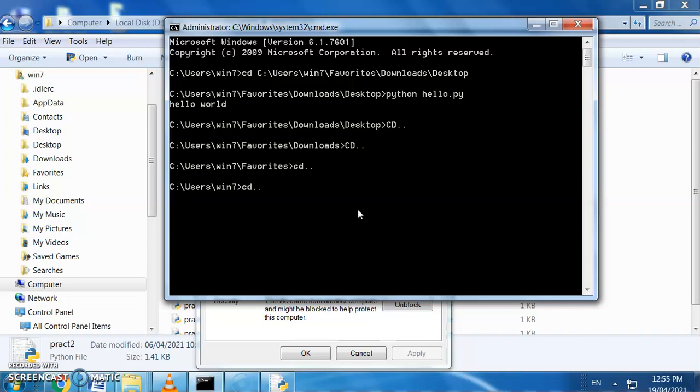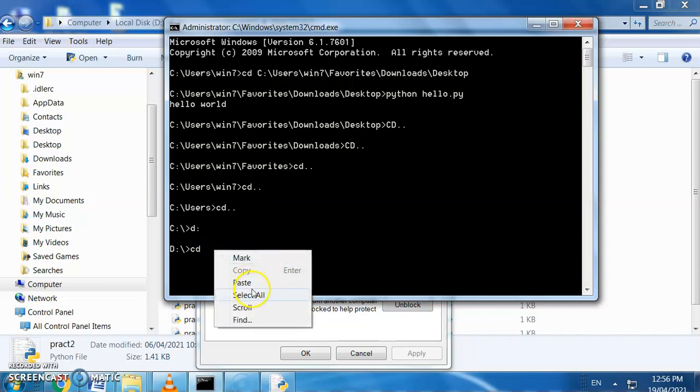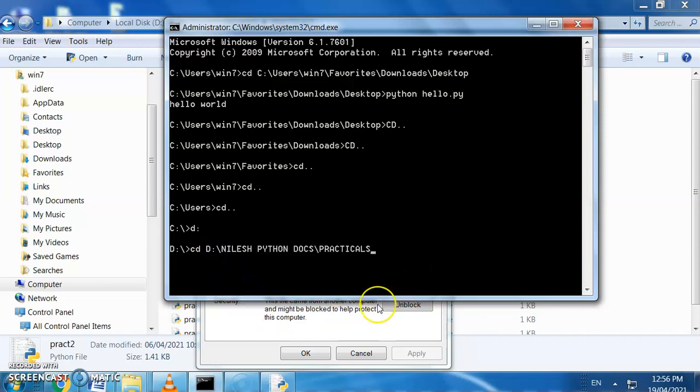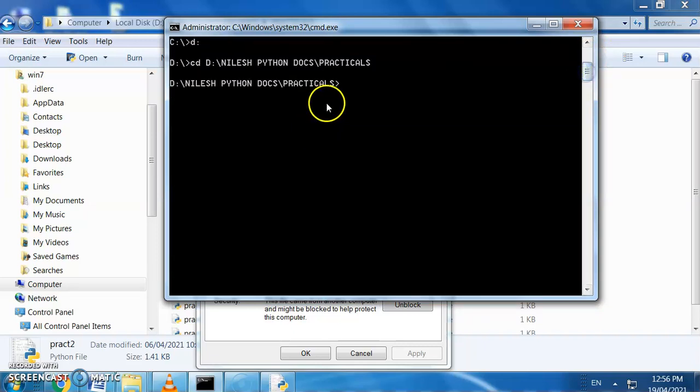Now we have shifted to the D drive. Now change the location, right click and paste the address. So our path is set.